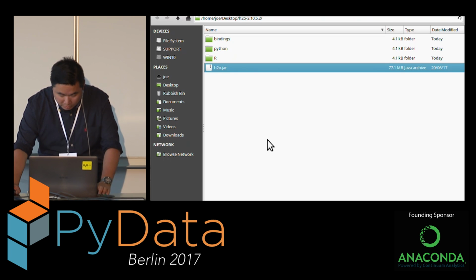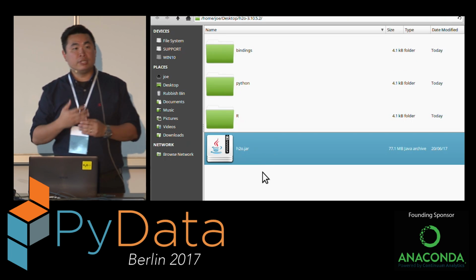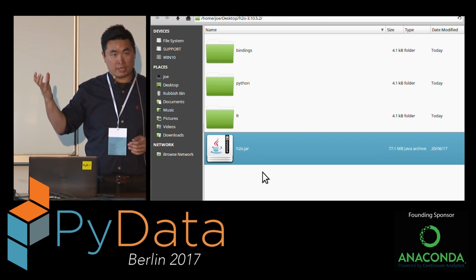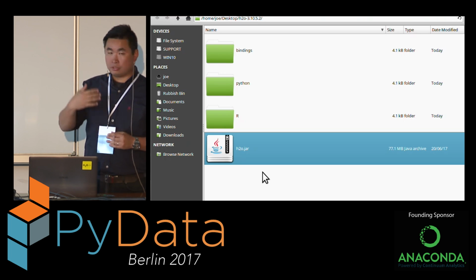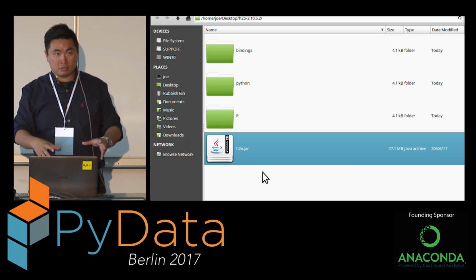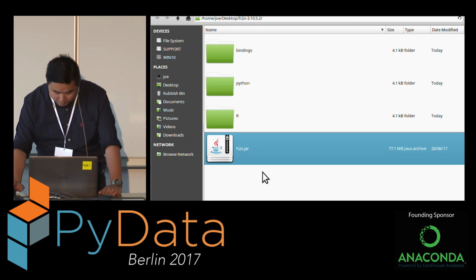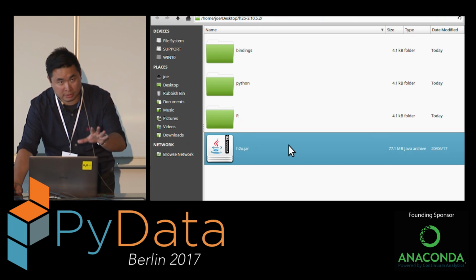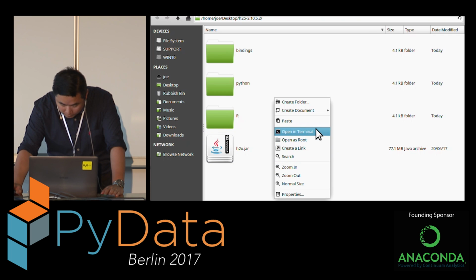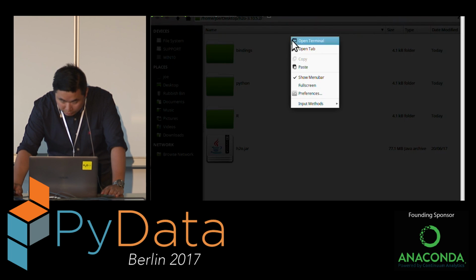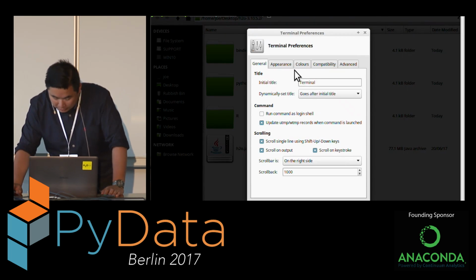All you need, as you can see here, is this jar. H2O.jar is the file you need to create a cluster, whether on a computer or on a remote machine. Let's imagine this is a cluster in the cloud. If I open it in terminal, let me make it bigger.